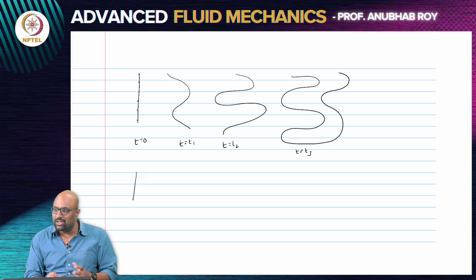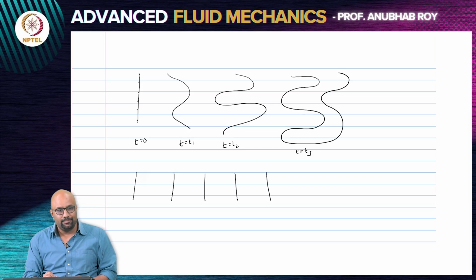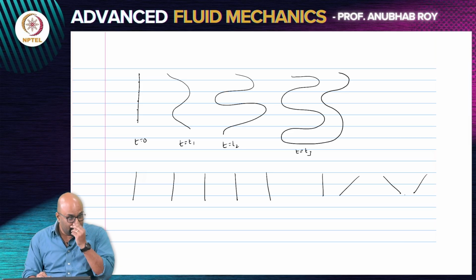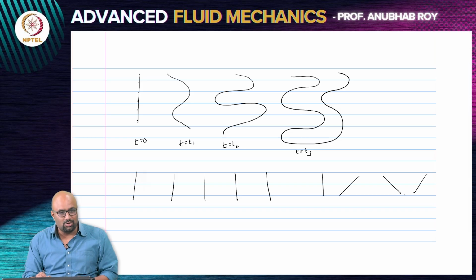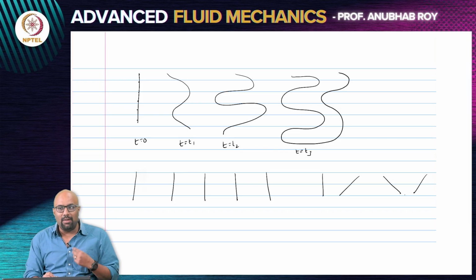Now if the stick was rigid, then what would happen to the stick? The stick can just do a translation. The stick can also do a translation coupled with rotation. So a rigid body basically will have a translatory motion and a rigid body rotation motion. That is what will happen in a stick. But a line that I have drawn in the fluid is not a rigid stick. So what you see through this is actually a measure of the deformation that is happening.